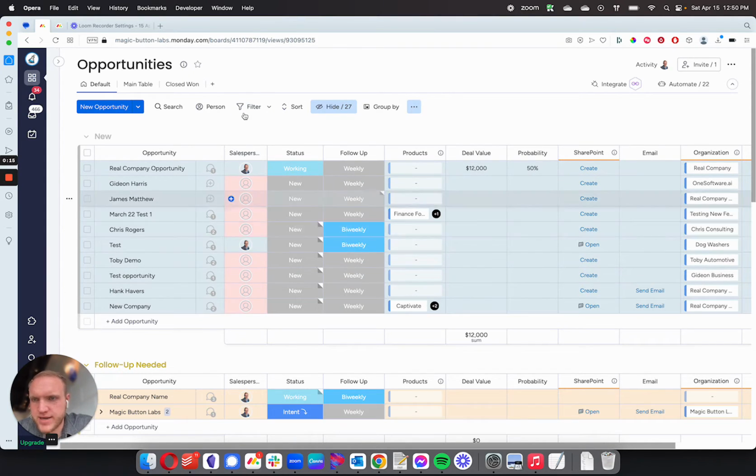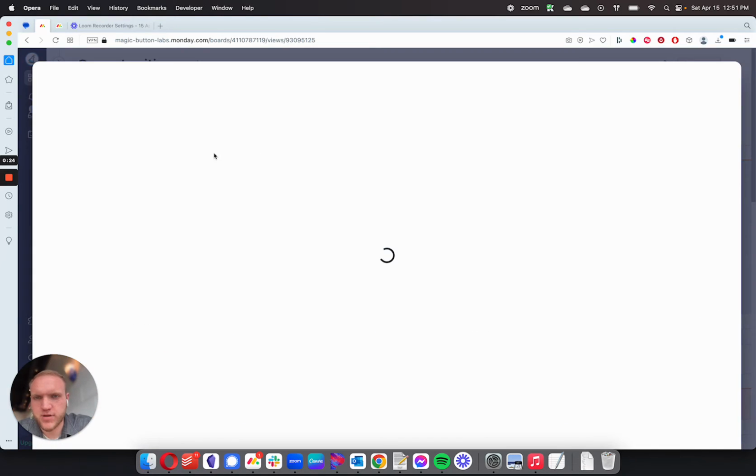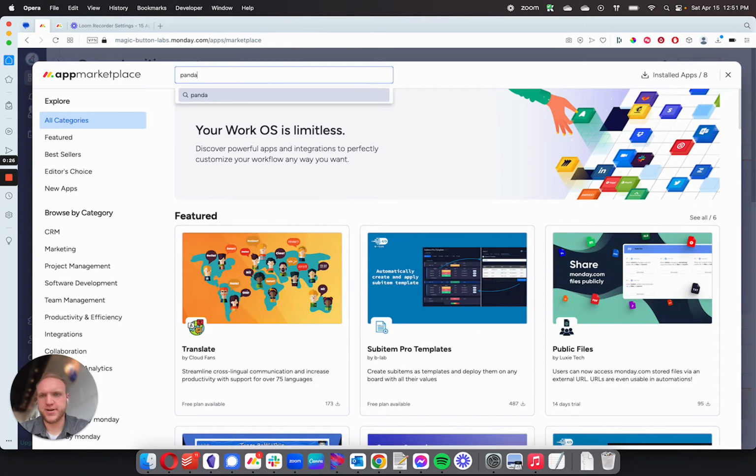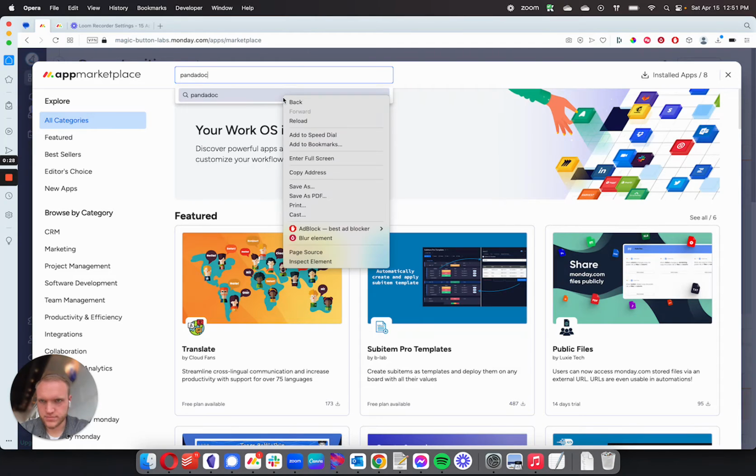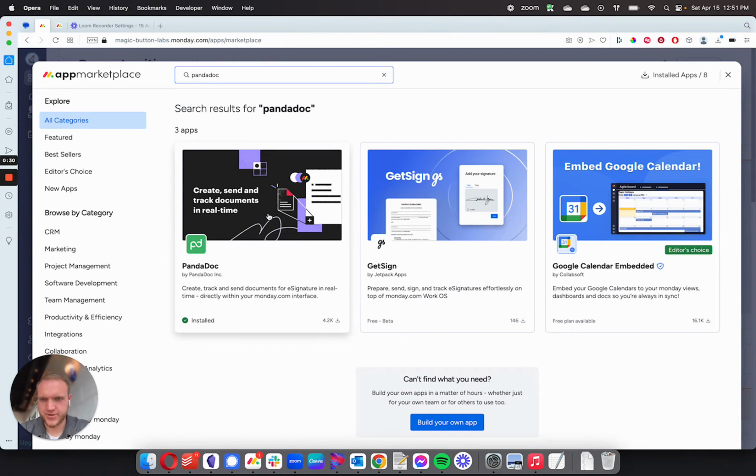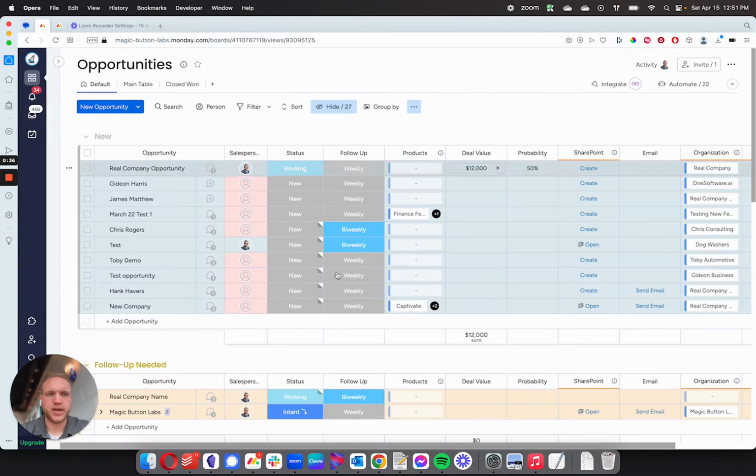So I've got here a demo instance within Monday.com, and I've got the integration added. It's an app you can find on the left-hand side here. If you click on that, you can search for PandaDoc, and you'll see there's a PandaDoc integration right here, and you should install it. It's a free install, but you still have to pay for PandaDoc outside of this, but it allows you to integrate directly